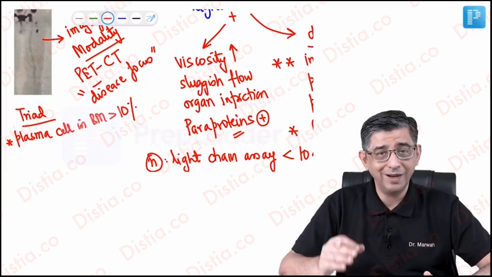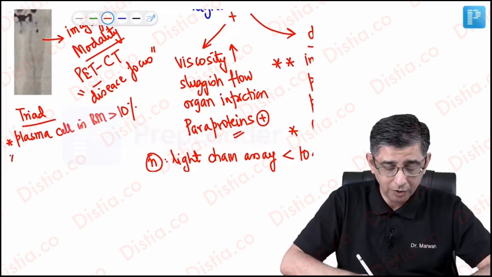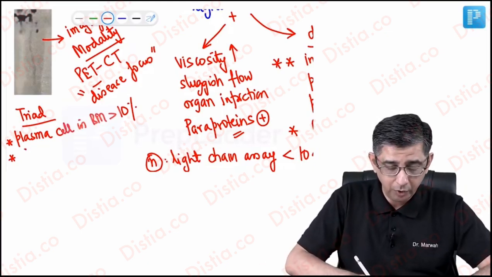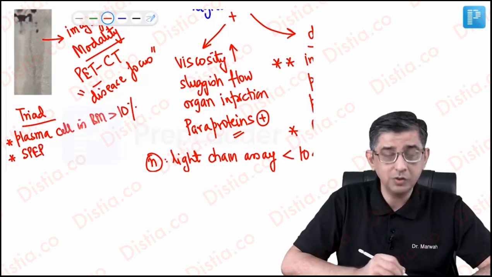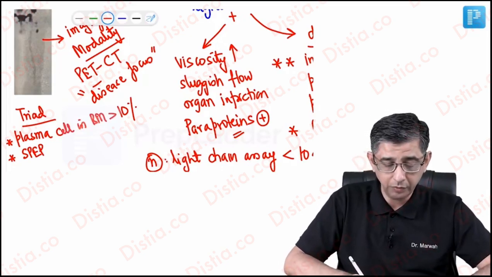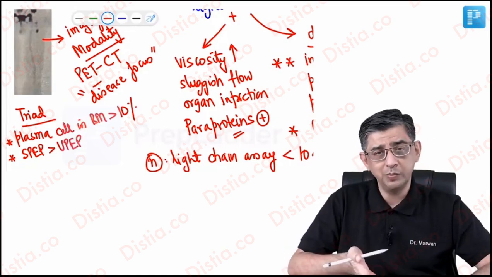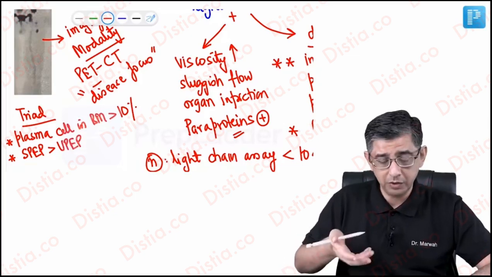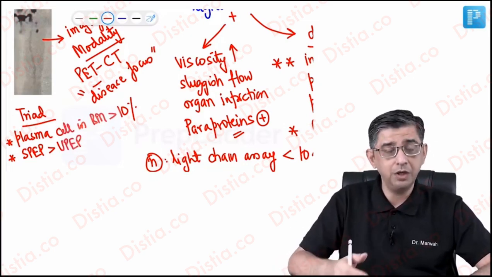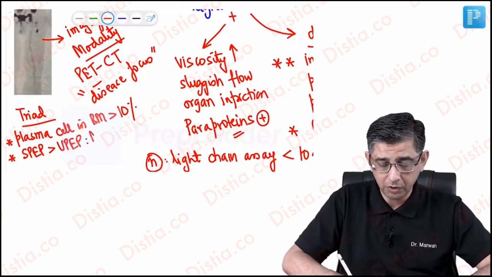Then in the exam, you will answer a triad, because one single feature is not going to be diagnostic of multiple myeloma. You actually need to have a combination of plasma cells in the bone marrow more than 10%. And because there is going to be excessive protein in the blood, I'm going to do a test called serum protein electrophoresis. When I do this electrophoresis, I will be able to demonstrate what is called an M spike. And because all these proteins in the blood are going to come in the urine of the person also, sometimes the MCQ might say urinary protein electrophoresis. So SPEP is serum protein electrophoresis, UPEP is urinary protein electrophoresis, showing the presence of an M spike.